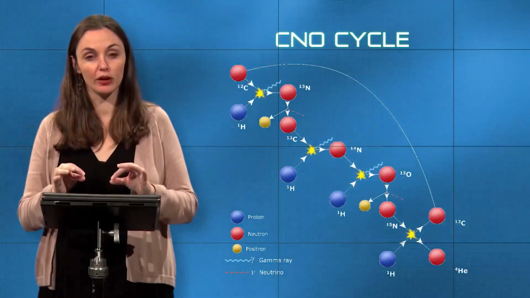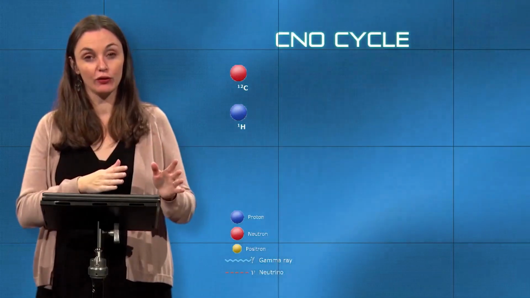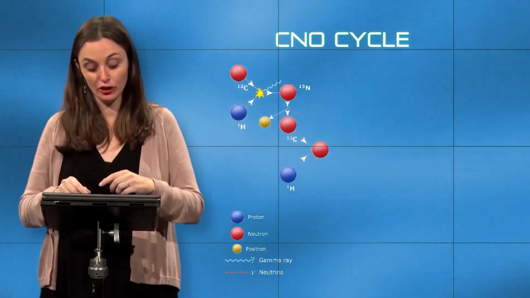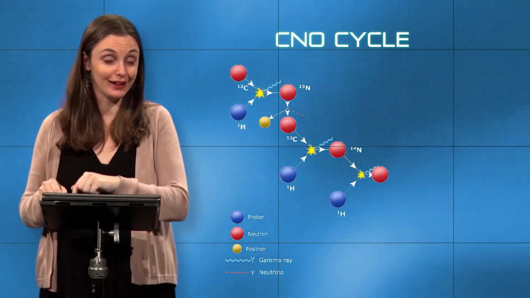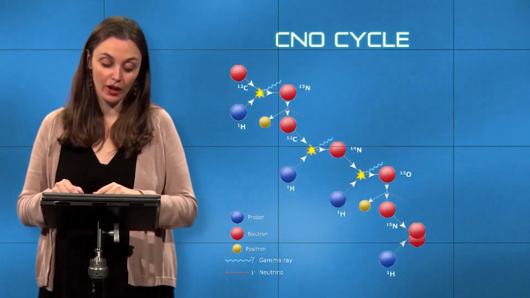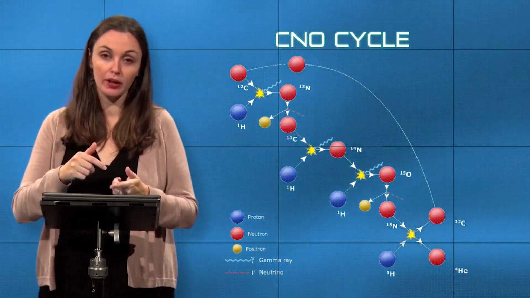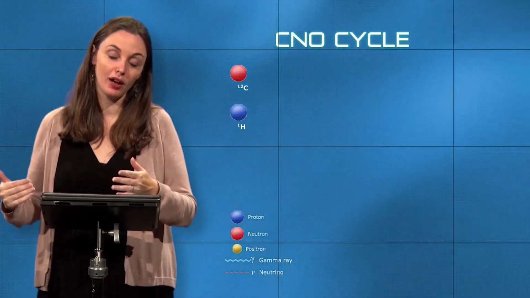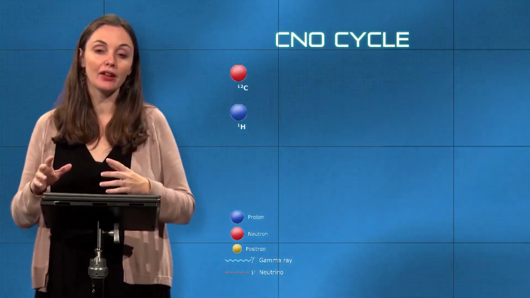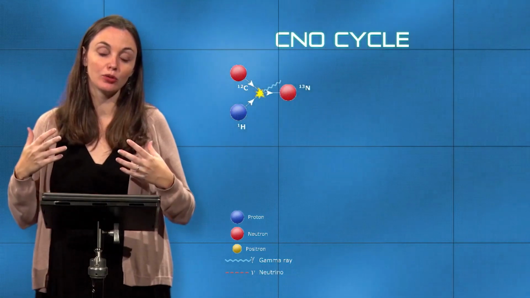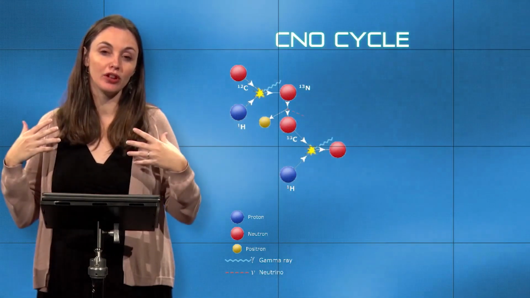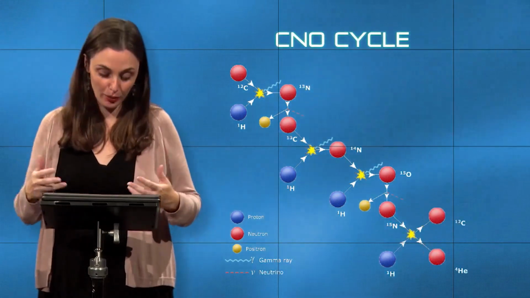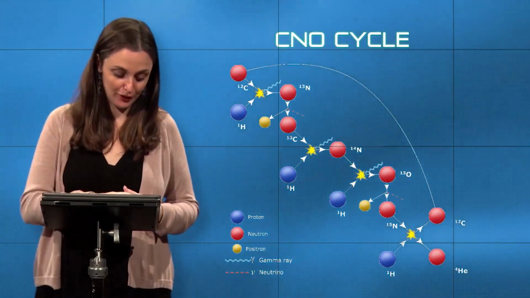Again, the most important part of this reaction is you're taking 4 protons, and through this whole messy set of reactions, you're converting that into one helium nucleus. Along the way, you're just using carbon and nitrogen and oxygen to get you to that final step of spitting out the helium nucleus. And the most important thing to remember about this is that it just works a lot faster. It's a lot more of an efficient use of your hydrogen if you're trying to use your hydrogen as fast as possible, by that definition of efficiency.